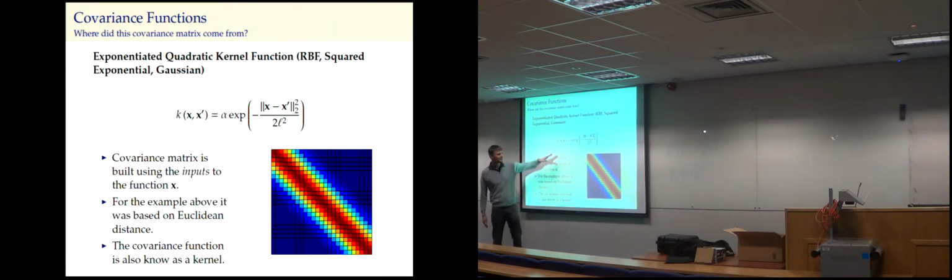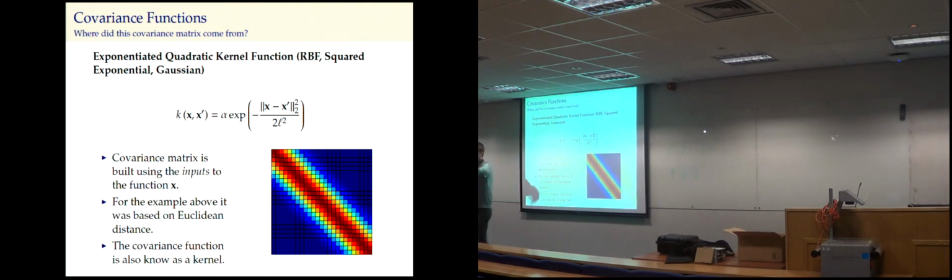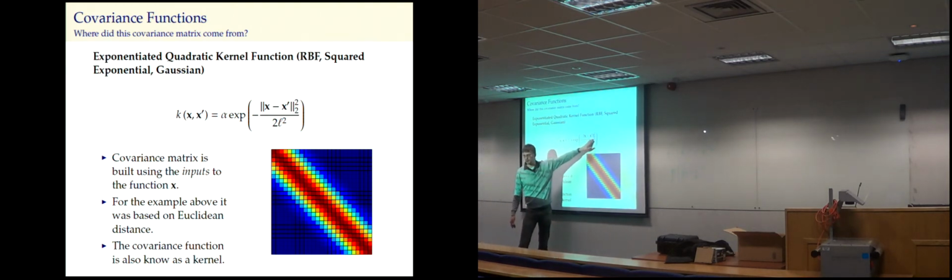So what we say is that if two points x and x prime are close together, so if the distance, this is the Euclidean distance between x and x prime. On the previous case, that was simply the distance along the axis, right? But in general, this could be a distance in a high dimensional space. But think of the univariate case, if you like. The squared distance between the two is small, then